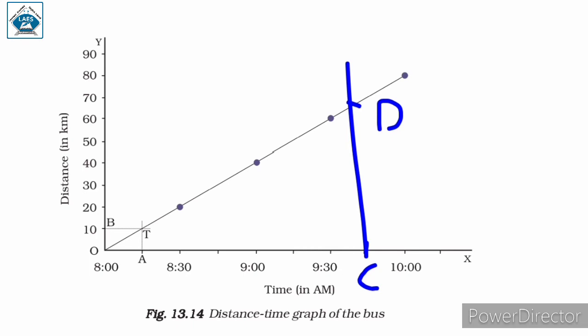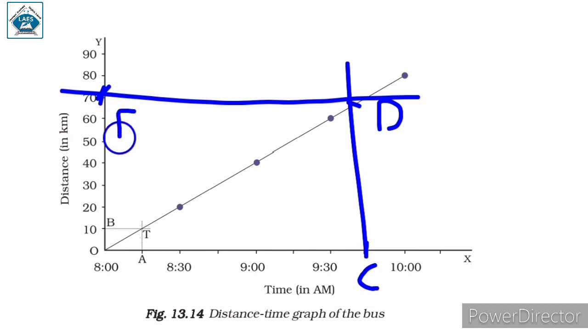What we are going to do next is draw a line which is parallel to the x-axis and which intersects the y-axis. That is, we will draw a line which is perpendicular to the y-axis and parallel to the x-axis like so. Drawing a straight line, we will find that this intersects the y-axis at this point. Let us name this point E. So what we are told, the distance OE is equal to the distance travelled by the bus.